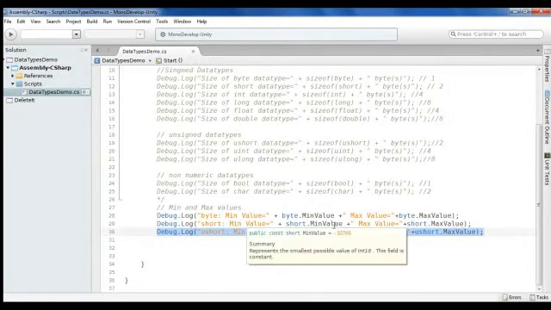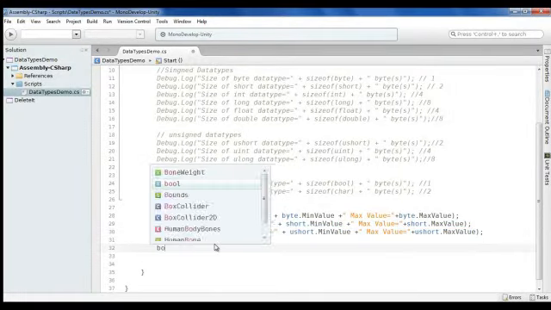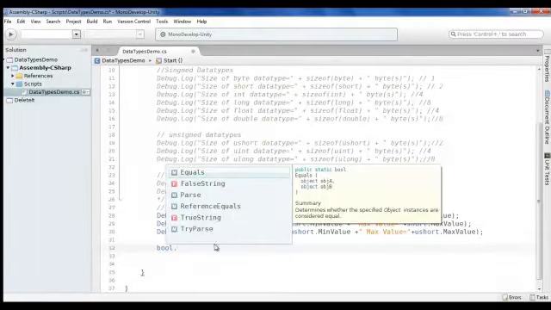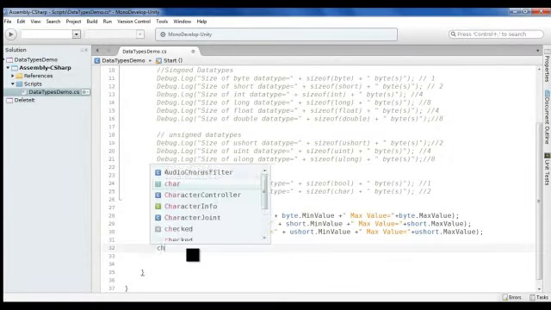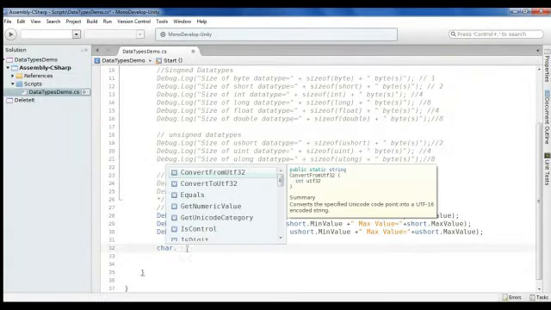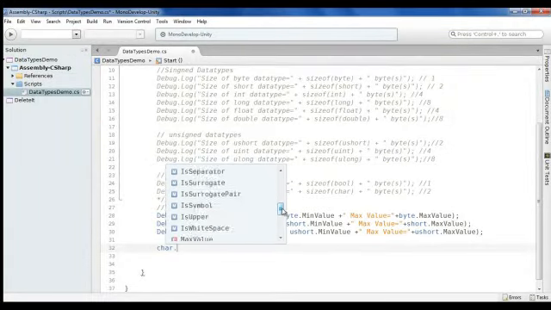And remember that Boolean is a data type which has no min and max, because it is not going to have a number, and even the character does not have any min and max value. But characters are considered as numbers,